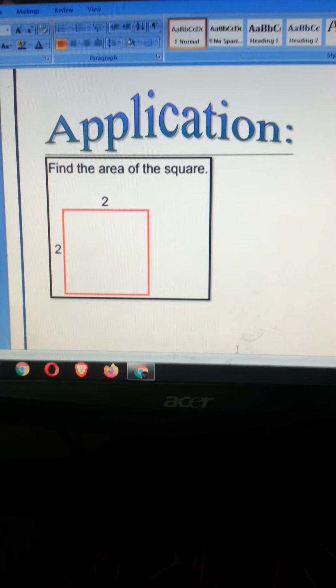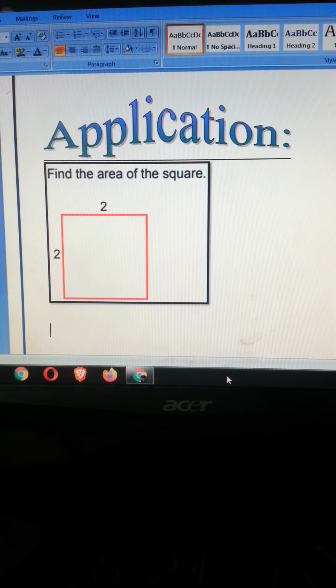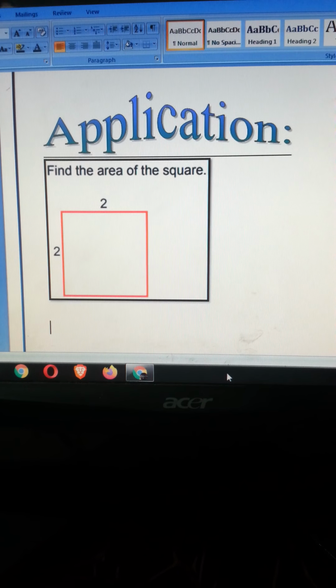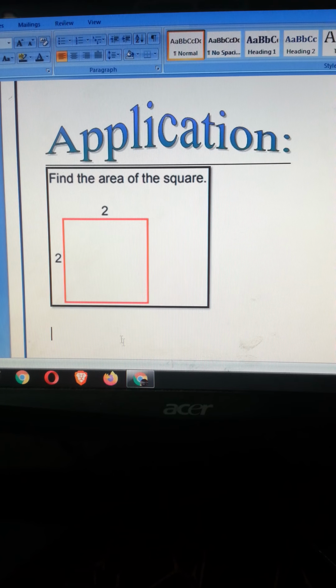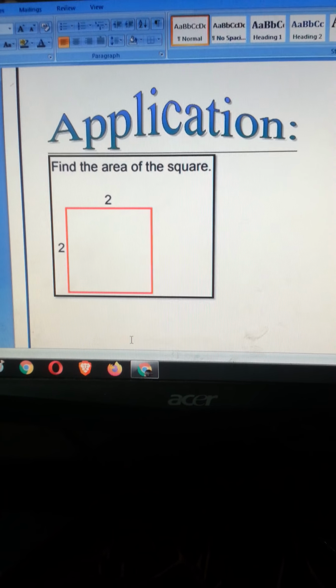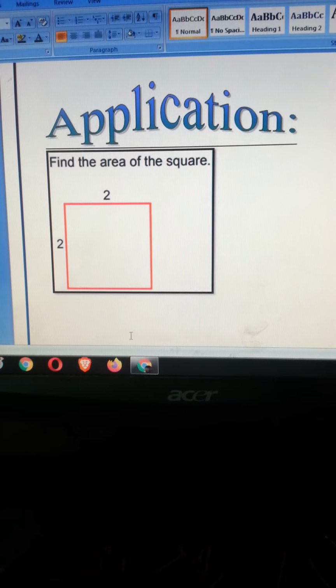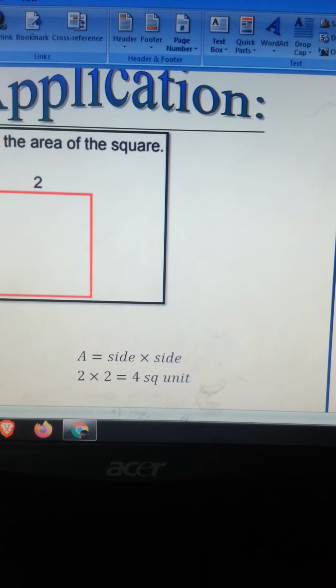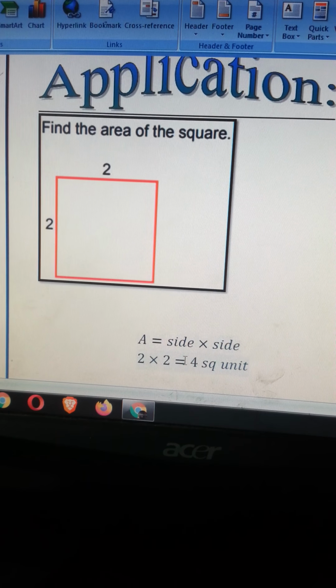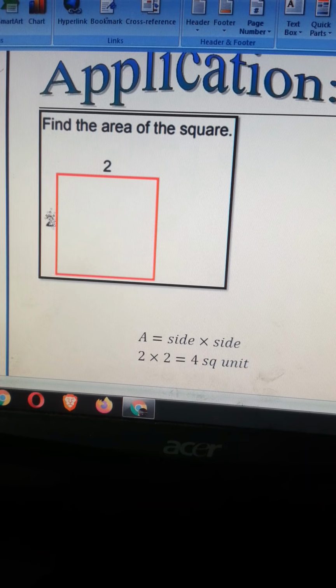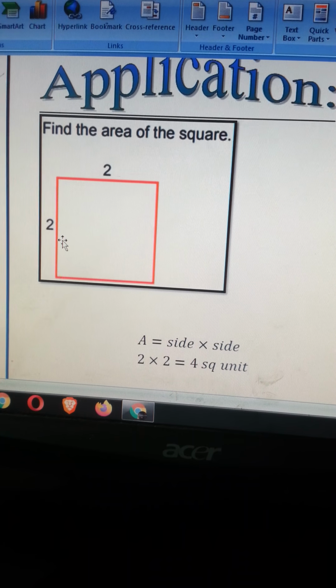Here you can see that we have to find the area of a square, right? We don't have any kind of grid inside, so we are going to apply the formula first. And what's the formula for a square? You know that very well. This is what I've just done. I applied the particular formula for the square. I know that the area of a square is side times side, right? Whatever side you are given, you are going to just multiply it.